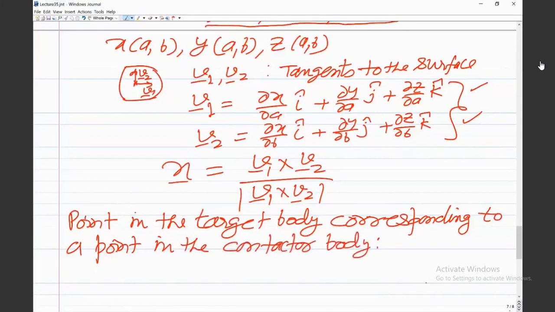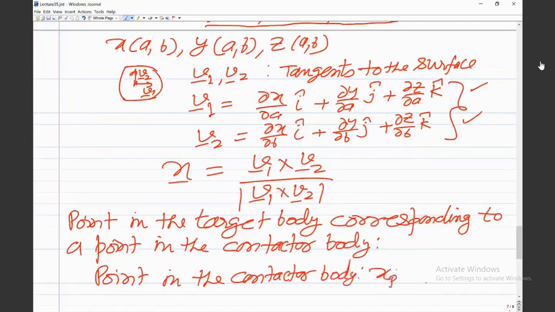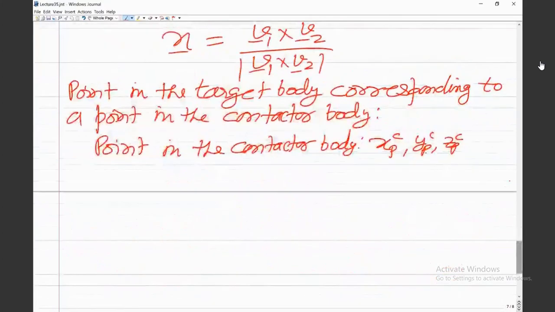Since we are choosing one particular point on the contactor body, let us say that point on the contactor body is P, and the superscript is denoting the contactor, so XPC, YPC and ZPC. So let us say this is the point, and now we want to get the point which is closest to this in the target body. So let us say that the corresponding point on the target body is